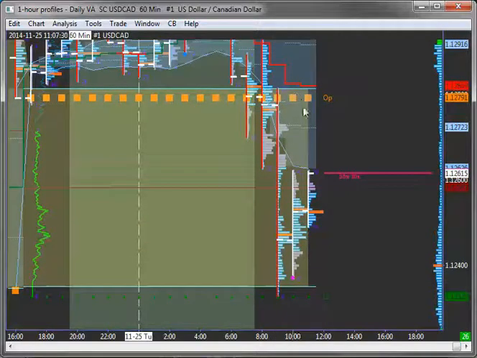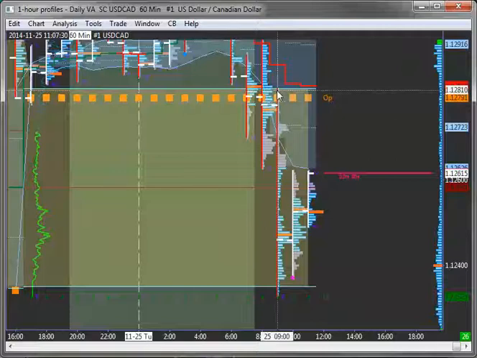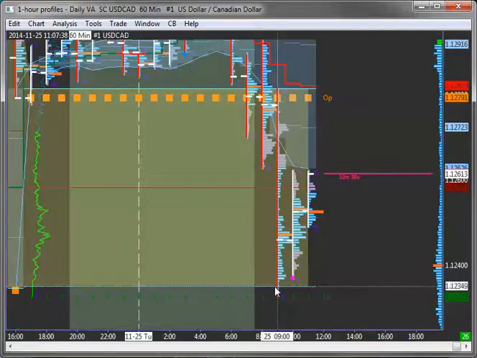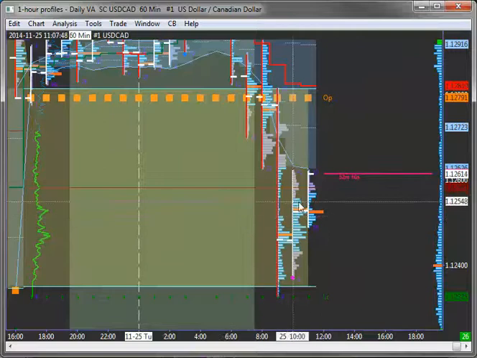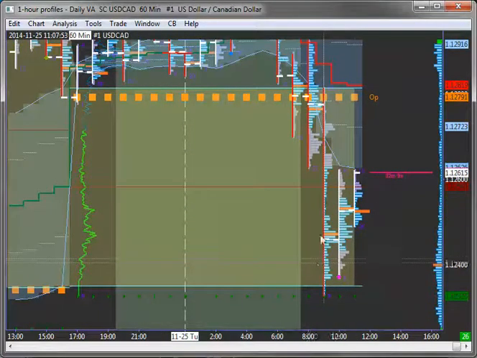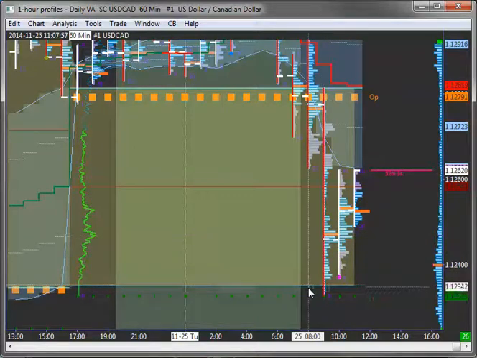and then the 9 o'clock bar just drops away and goes in one direction from the value area high of yesterday right down to the value area low of yesterday. And that's so far the low for today. Then now in the 10 o'clock bar, we saw an inside bar. So now the 9 o'clock bar, we close up from the low.